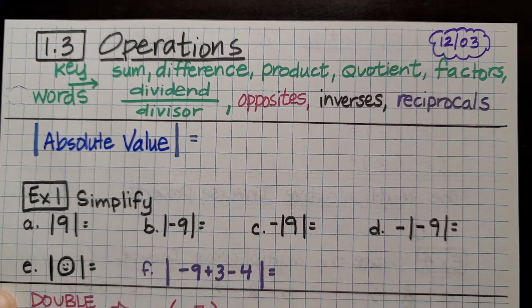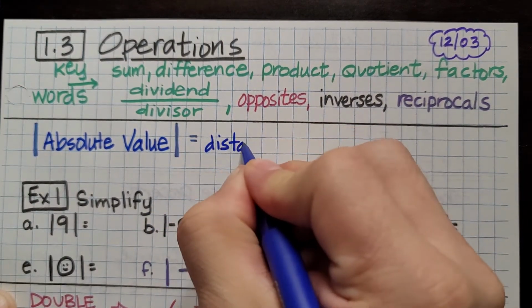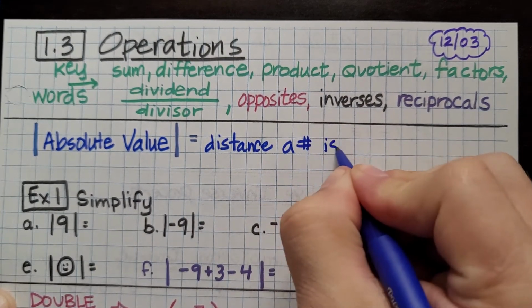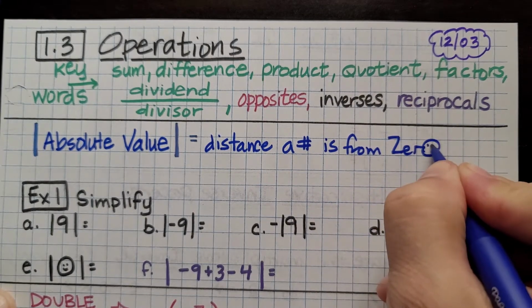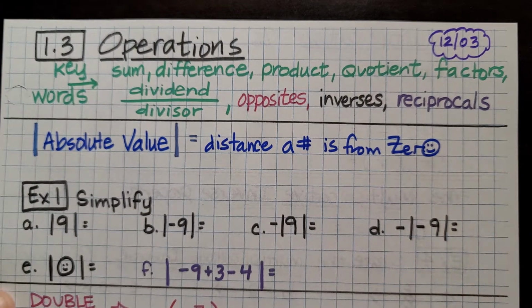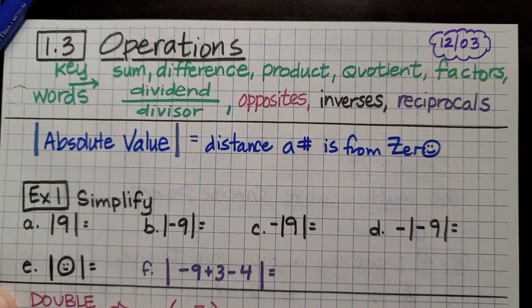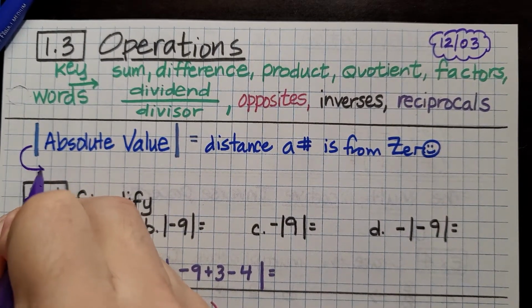And what we've learned in the past, that the absolute value is simply the distance a number is from 0, making this quantity always, be careful, I know you want to say this one word,